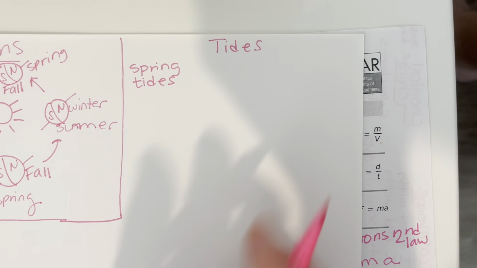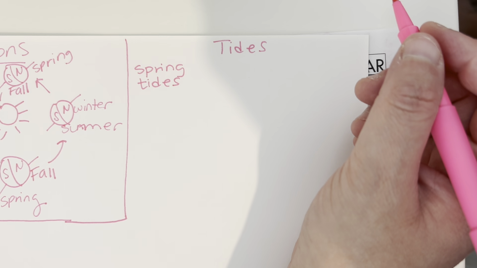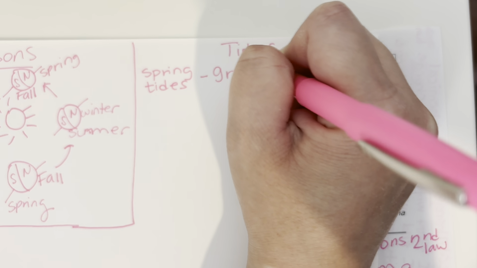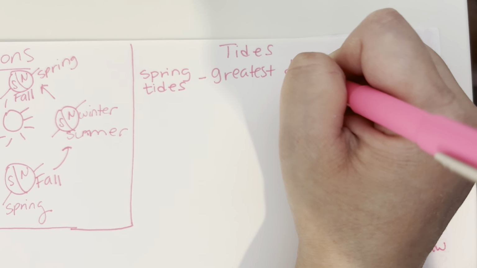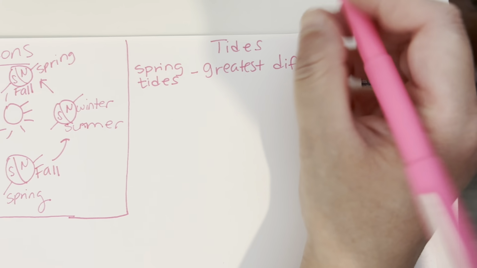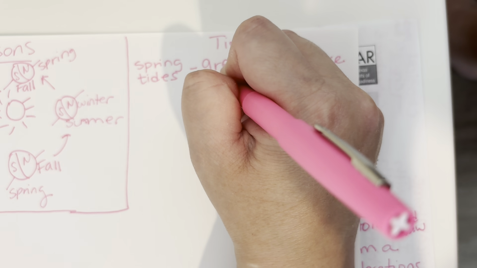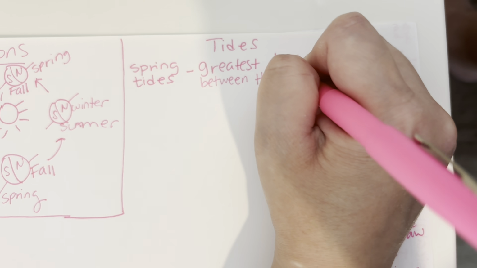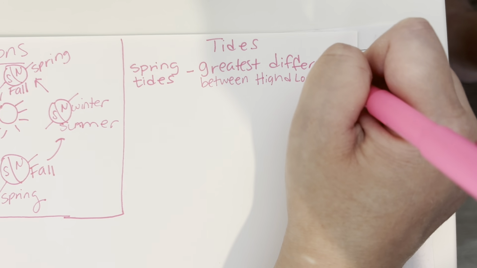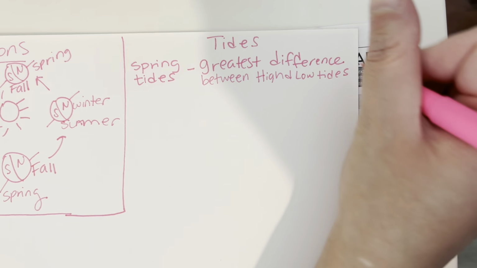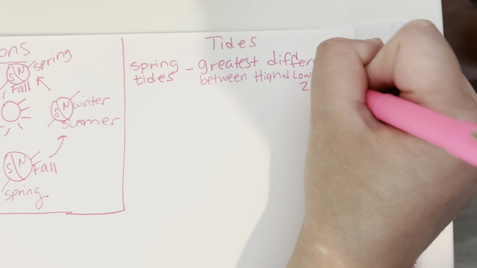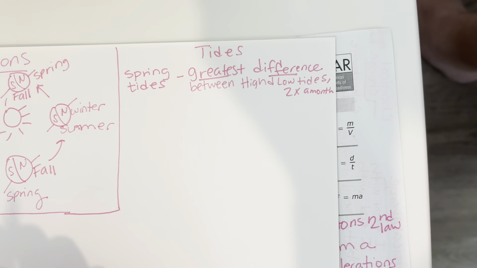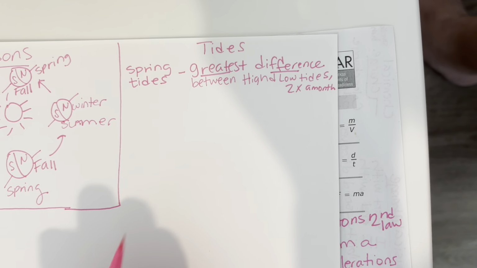Okay. So spring tide. So this is when you have the greatest difference between your high and low tides. Okay, they happen twice a month. Okay, 2 times a month. But what I want you to remember here is that it's the greatest difference. And with a spring tide,